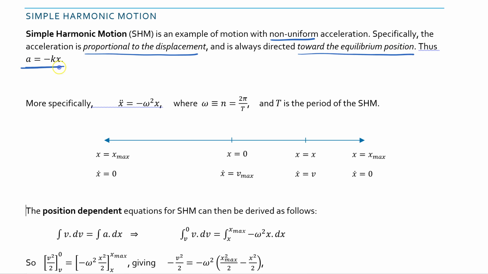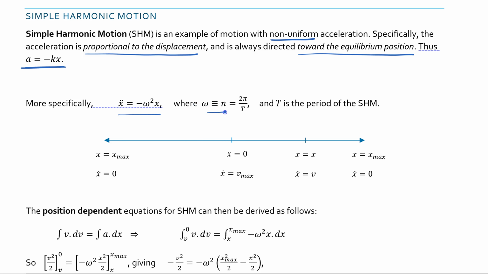So the equation which describes it is this. So we can see that K, in a sense, is a constant of proportionality. So A is proportional to X, is covered by Kx, and that it's directed back towards equilibrium is covered by this negative sign here. More specifically, we can write the acceleration as a function of time as minus omega squared